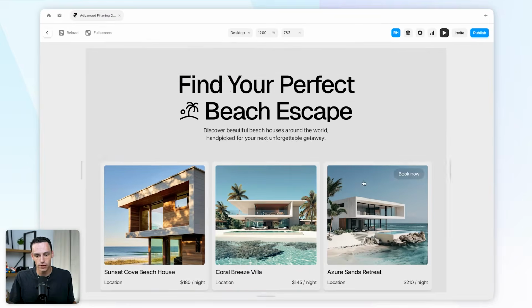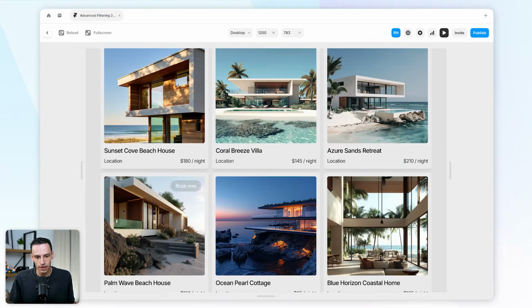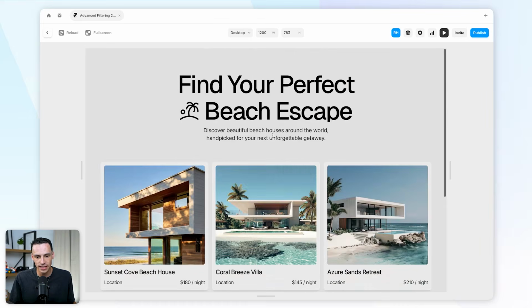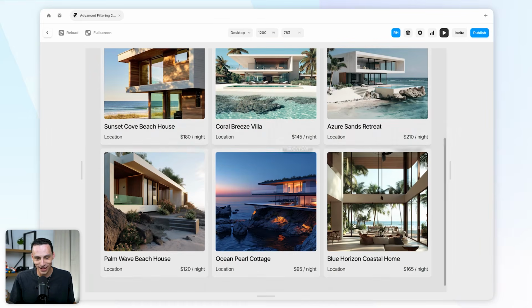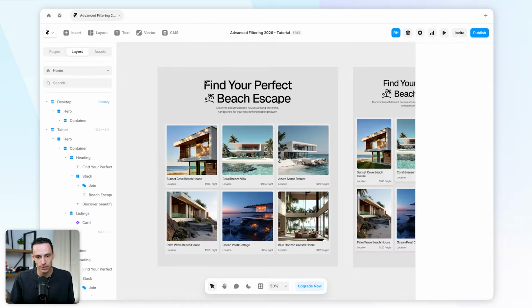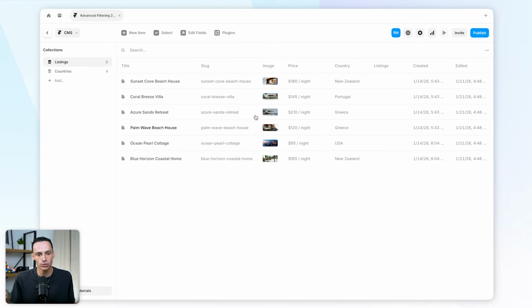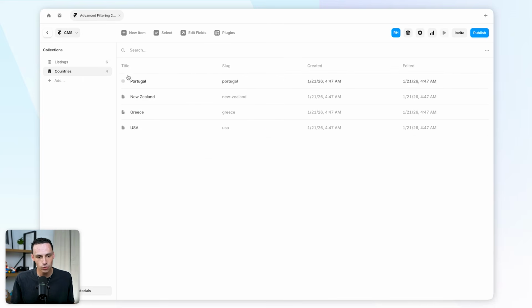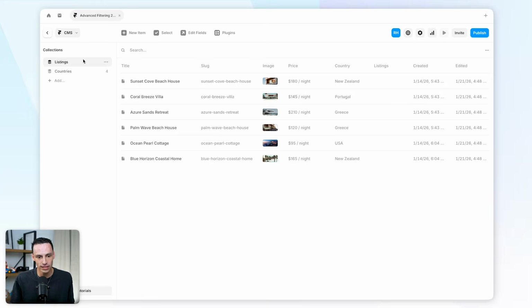Let's go. Okay, so I have a bit of a Framer project set up here, and I have a bunch of locations of some potential holiday destinations, which I also have set up in my CMS through a listings collection, which actually features the house itself, as well as a country collection,